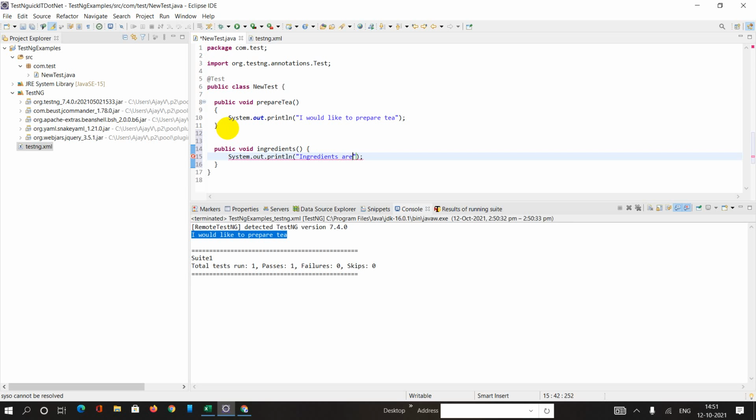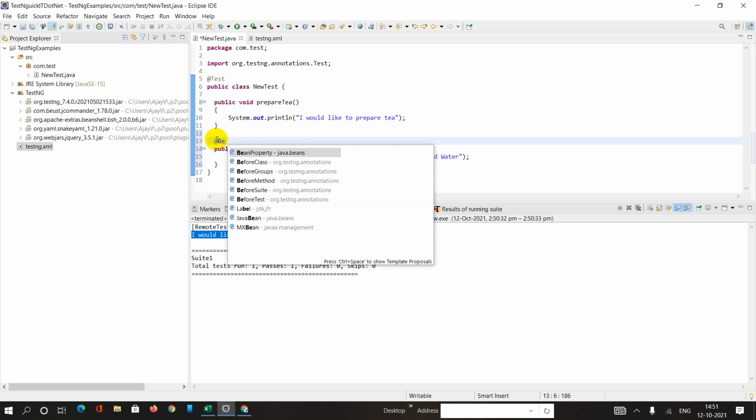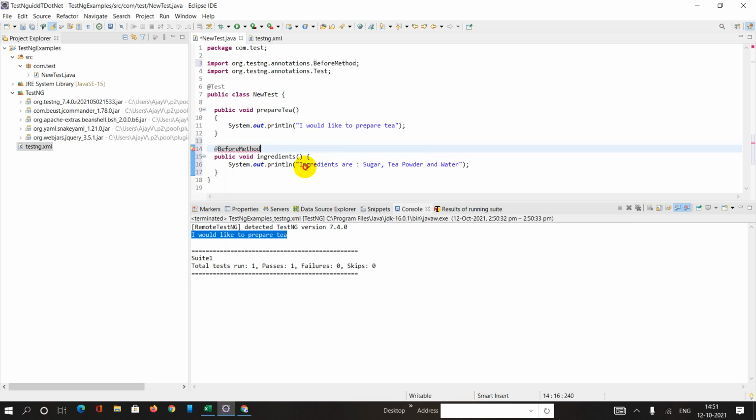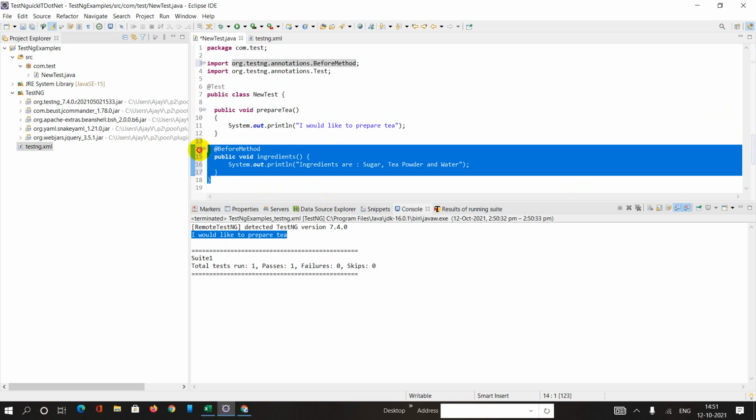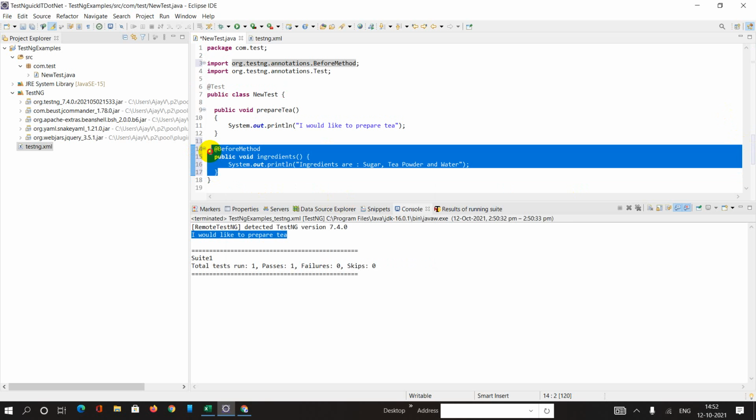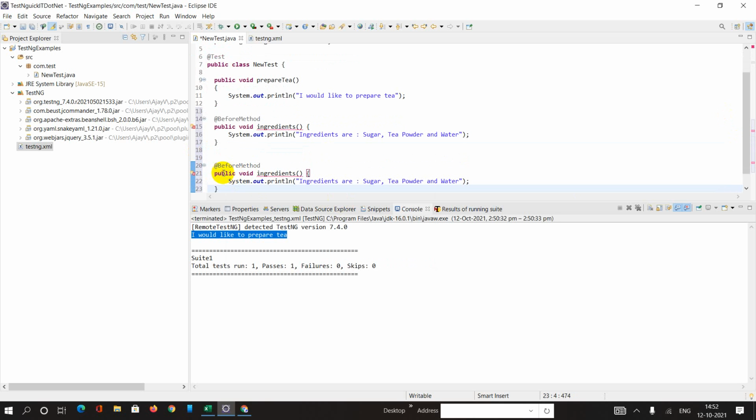Ingredients are sugar, tea powder and water, okay. And here I am saying the annotation would be before method, okay. And one more method I would like to create, which is called after method, okay.